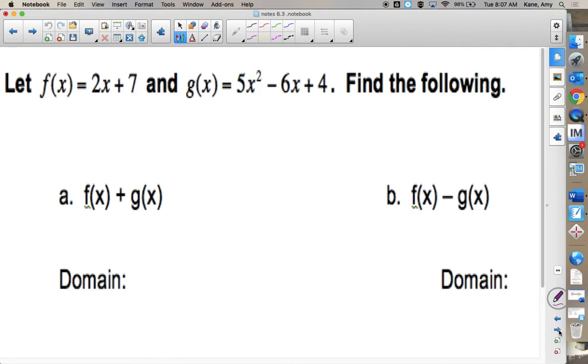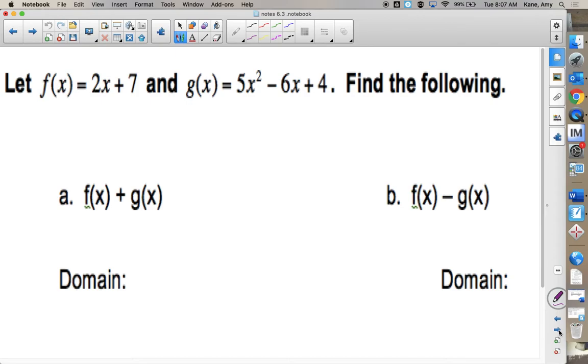So we have two new functions at the top. f of x is 2x plus 7, g of x is 5x squared minus 6x plus 4. And it asks you to find the following. So we're finding f of x plus g of x, f of x minus g of x, and then we want to get the domain. So if we start off with f of x plus g of x,